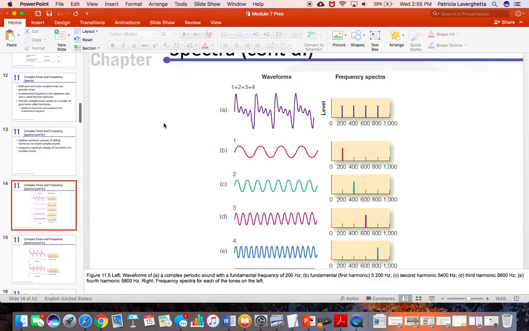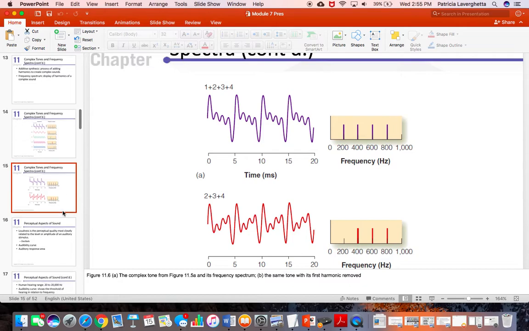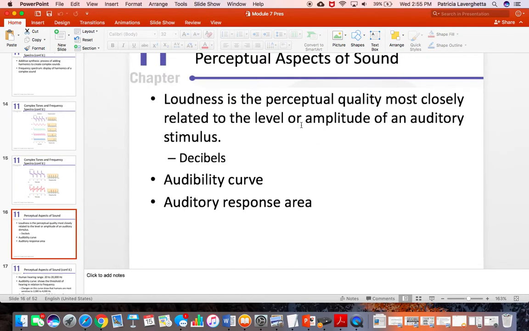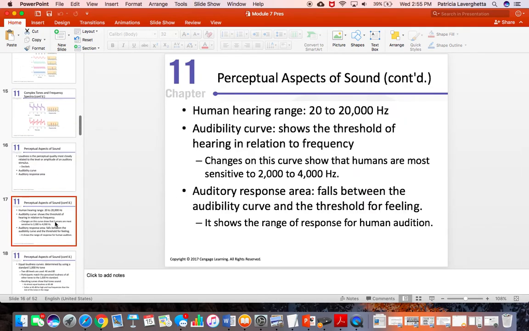It's kind of interesting. Typically, these are more like pure tones, but they're different frequencies. But ultimately, this complex wave is a combination of different waveforms. They're added together to form a more complex sound. And here, of course, I mentioned loudness, measured in decibels. Once again, go through that material on the audibility curve, and I have another that I can zip through quickly here, but essentially that audibility curve